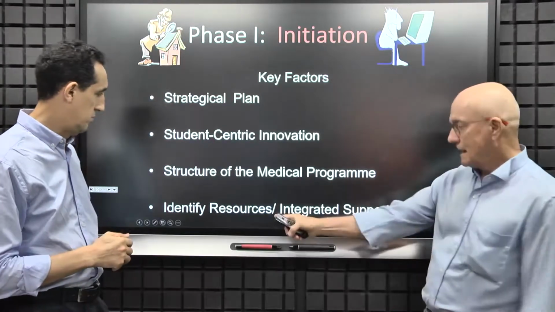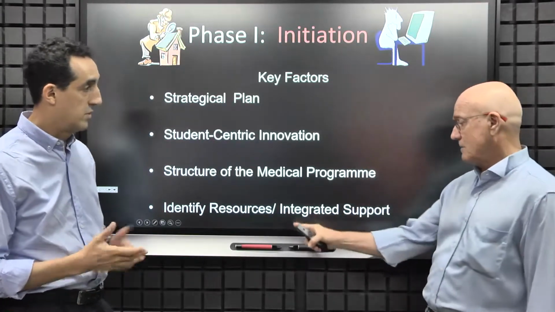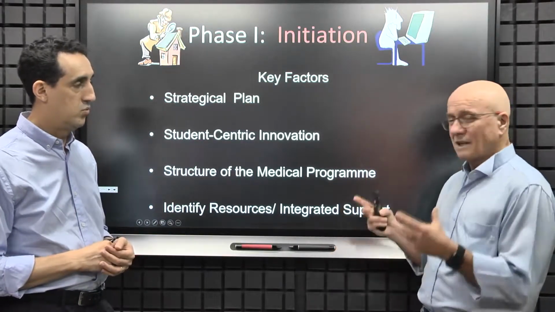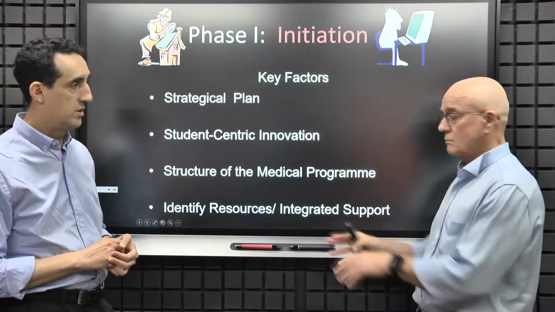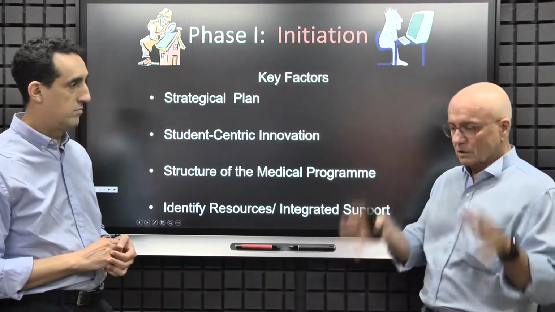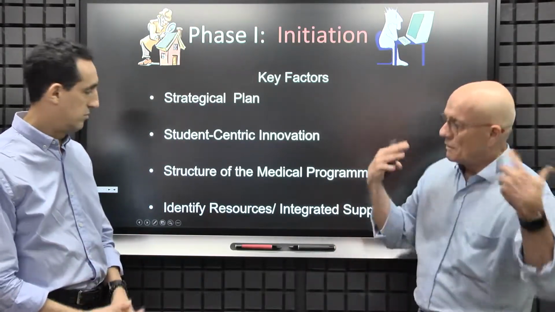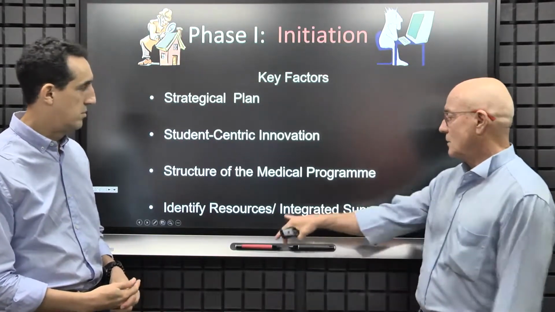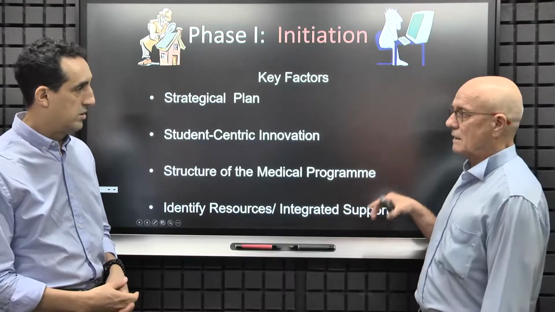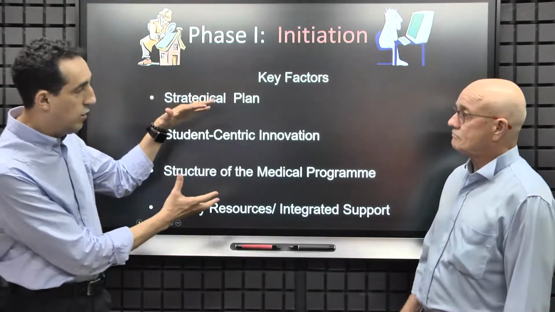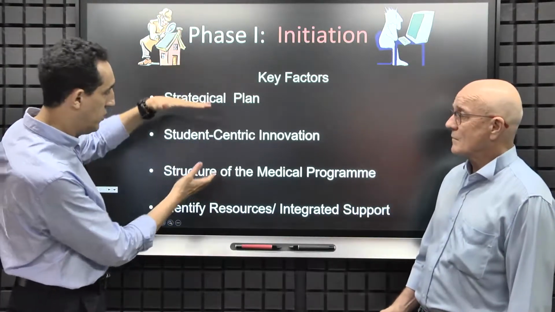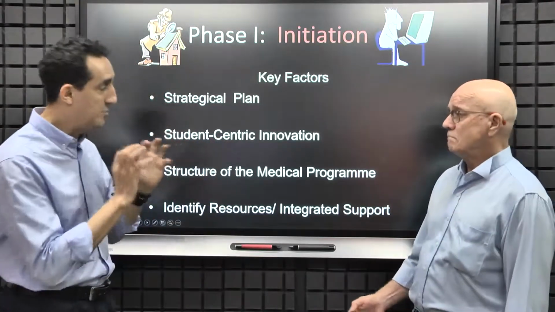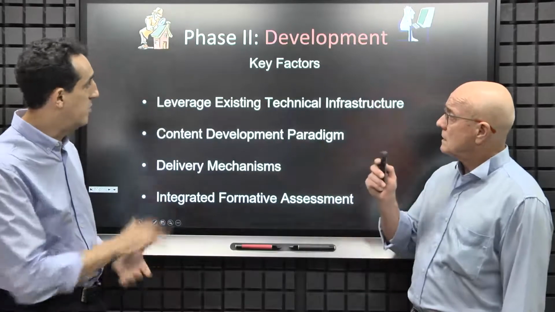Okay. And the other key factor is to identify resources and integrated support. Again, we need to talk a little bit about that. What do we mean by resources? Well, all of the learning resources, the manpower resources, the administrative resources that would provide that total integrated experience. And I think with this, we're covering the strategic layer, the tactical layer, and the operational layer. So we have all aspects before starting, and those are the key.